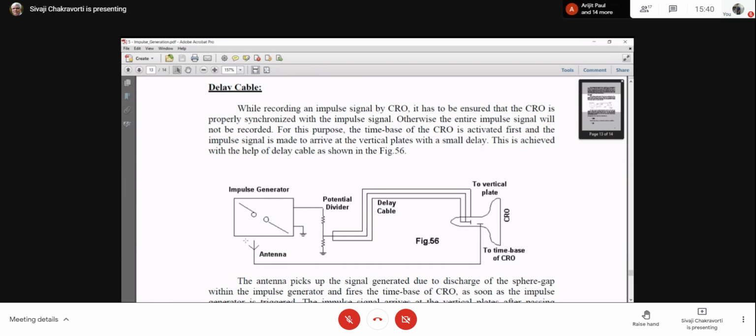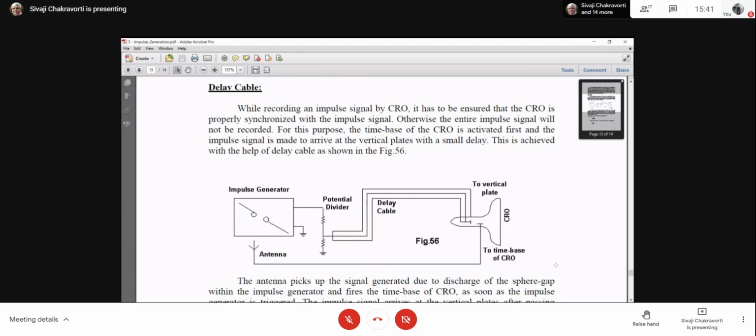Now here is my impulse generator on the left, whereas the CRO is in the control room, because remember this is very high voltage, so we cannot stand inside the lab. Everything has to be within the control room, which is protected. That is quite a distance away. So from the impulse generator output, first we put a potential divider, because 100 kV or 200 kV we cannot supply to the CRO. From the low voltage arm of the potential divider, we take a small voltage to the CRO, to the Y plate.